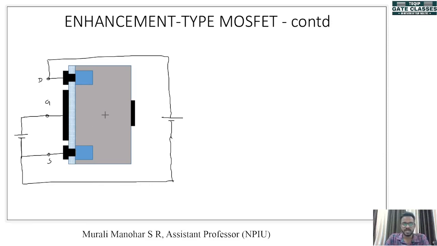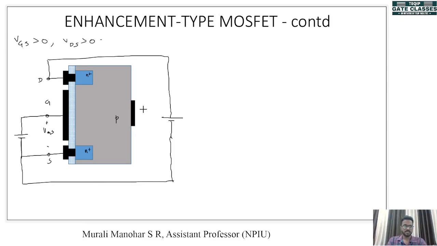So usually we start discussing the operation by applying a condition, that is VGS is less than 0 and VDS is greater than 0. That condition cannot be applied here, because when VGS equal to 0, there is no channel between these two N regions, and since there is no channel, there is no current flow. Okay. Now VGS is positive. So we can write the conditions here: VGS greater than 0 and VDS greater than 0.